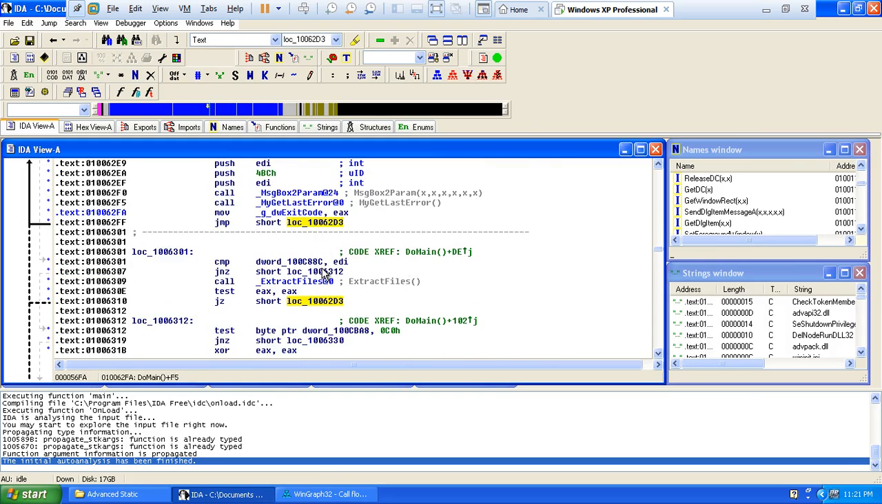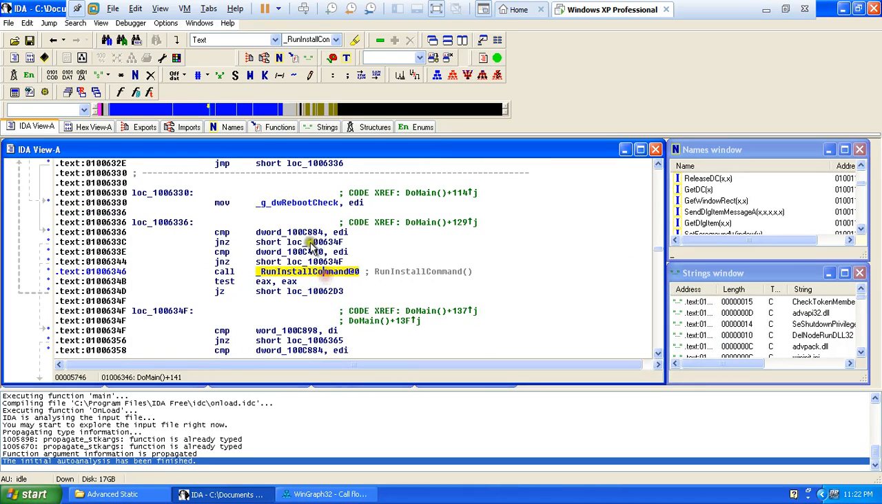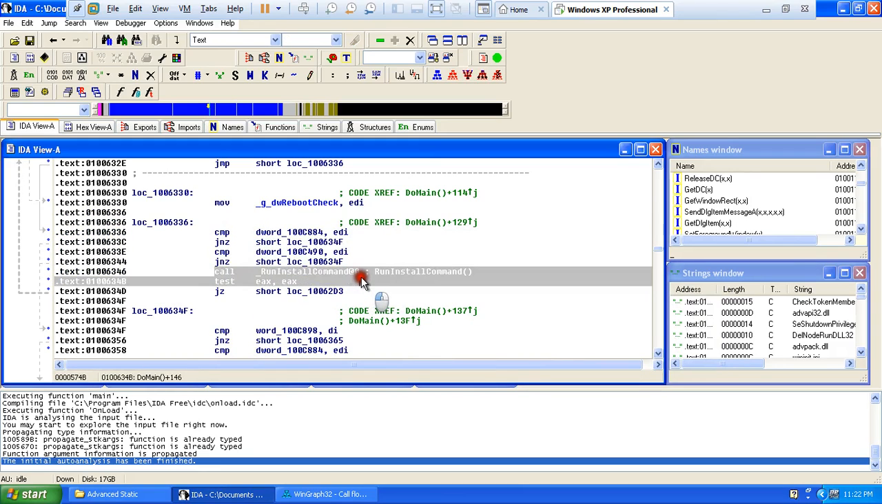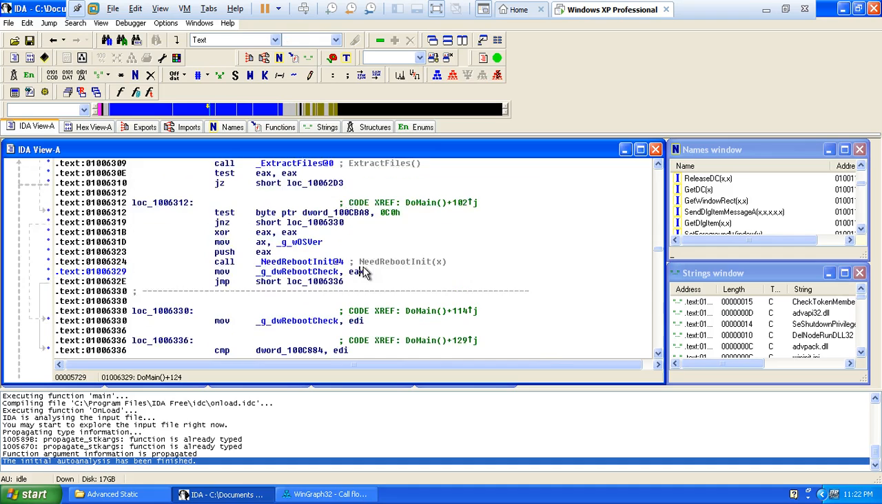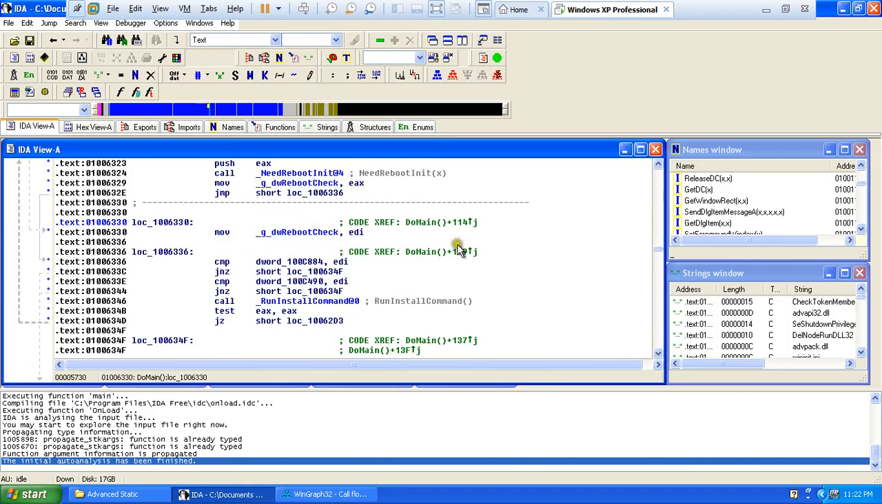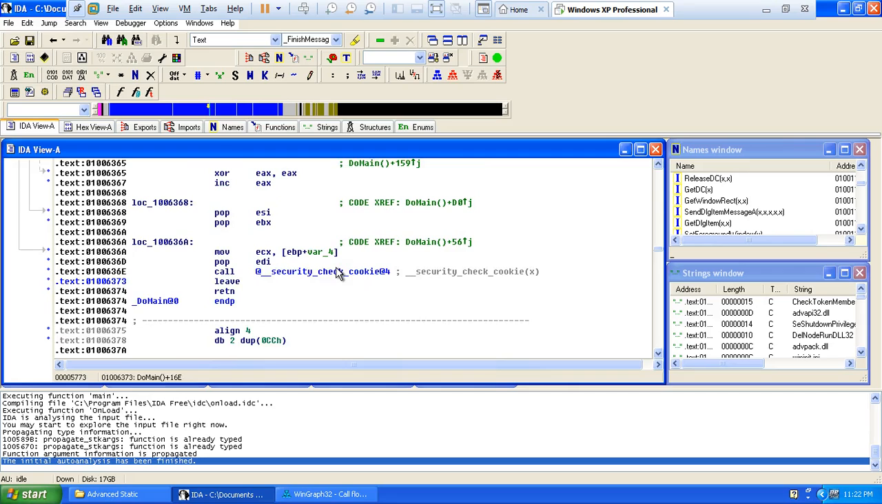So jump to location. After that, you can see that it will go to here. So you can continue scrolling down. It actually has a call command, a function called run install command. So this probably means that it will install another file or program into the computer by using the extracted files from above here. So if you continue going down, after all of this is done, it will most likely display a finish message. Then after the finish message, it will end and then go back to what we did just now,